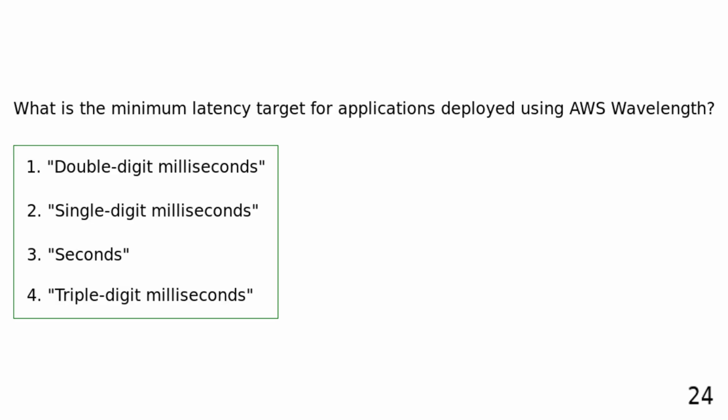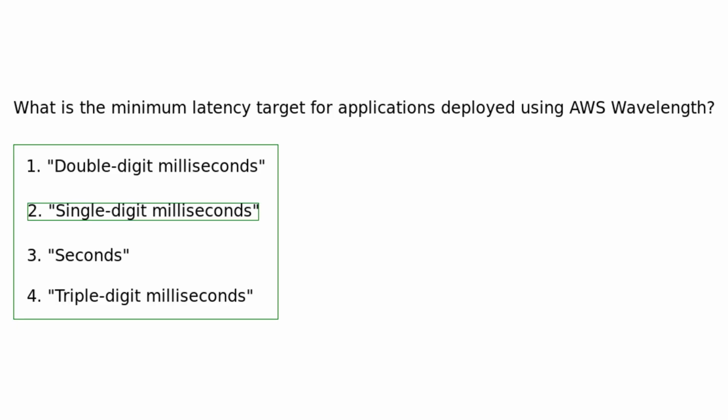What is the minimum latency target for applications deployed using AWS Wavelength? Double-digit milliseconds, single-digit milliseconds, seconds, triple-digit milliseconds. AWS Wavelength aims to achieve a minimum latency target of single-digit milliseconds for applications deployed at the edge of the